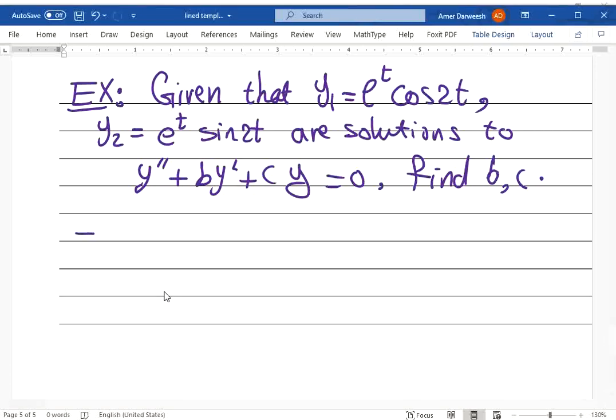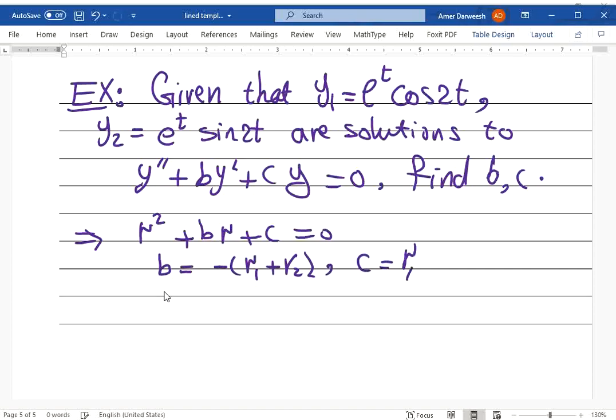To solve this problem, first we convert to the algebraic equation, which corresponds to r squared plus br plus c equals 0. And remember the fact that b always is the negative of the sum of its roots and c is the product of its roots,